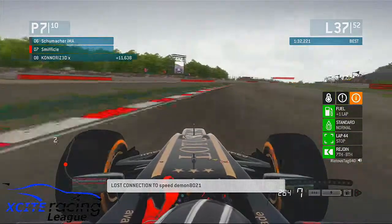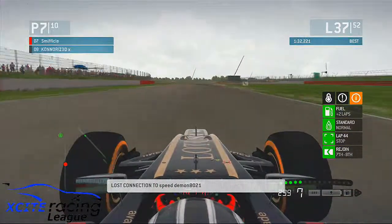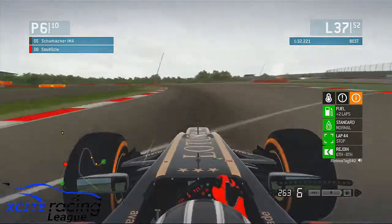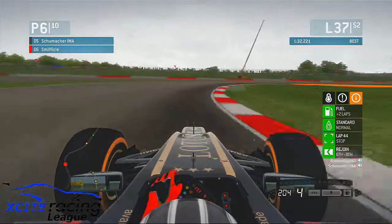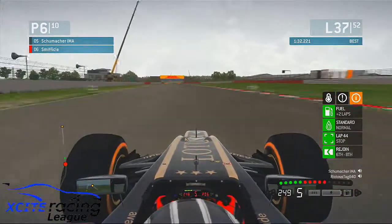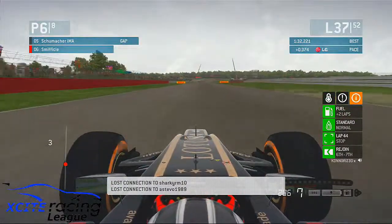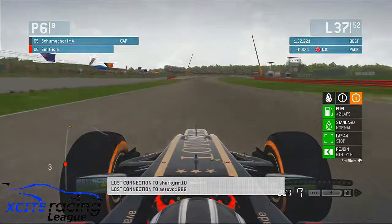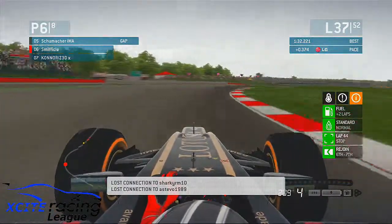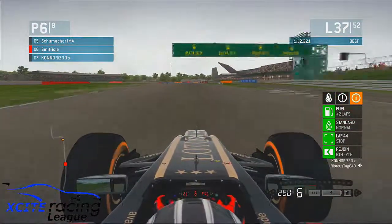Lap 37 now, and we lost connection to Speed Demon, and that should pull us up a position. The rain's starting to get a bit heavier now. And we've lost connection to Steve-O and the streamer, Sharky, and what is going on here? This should pull us up to 5th position, and, you know,